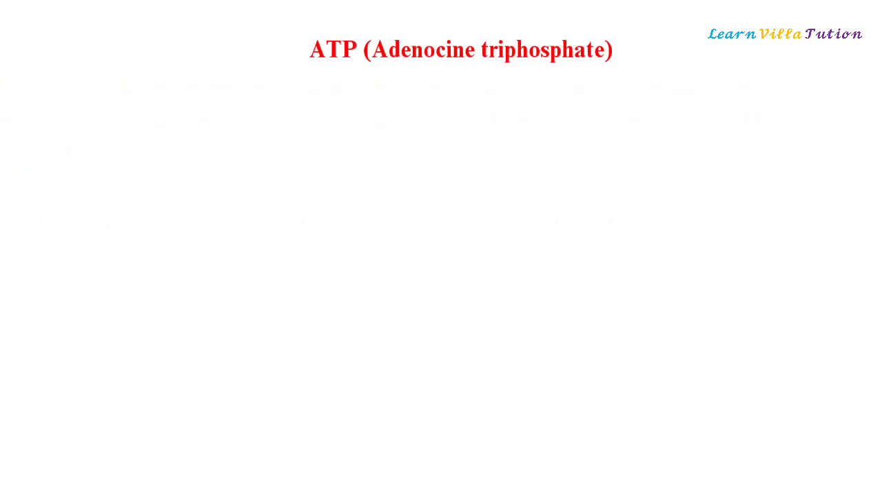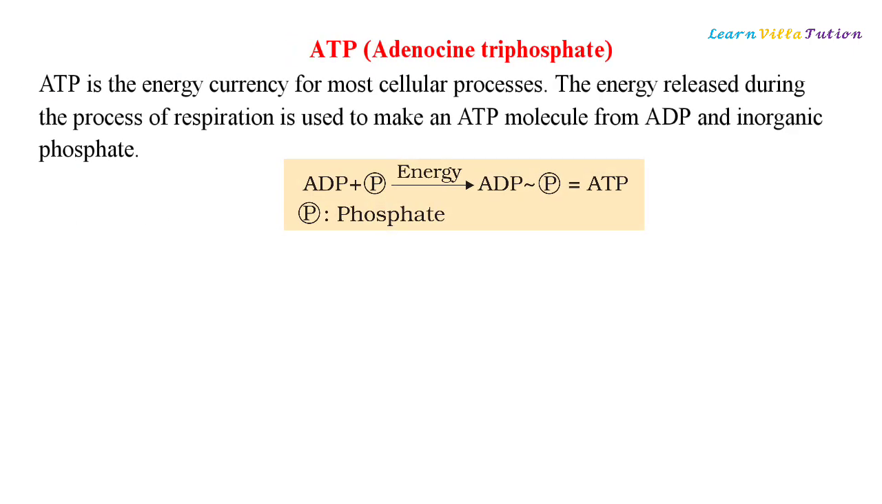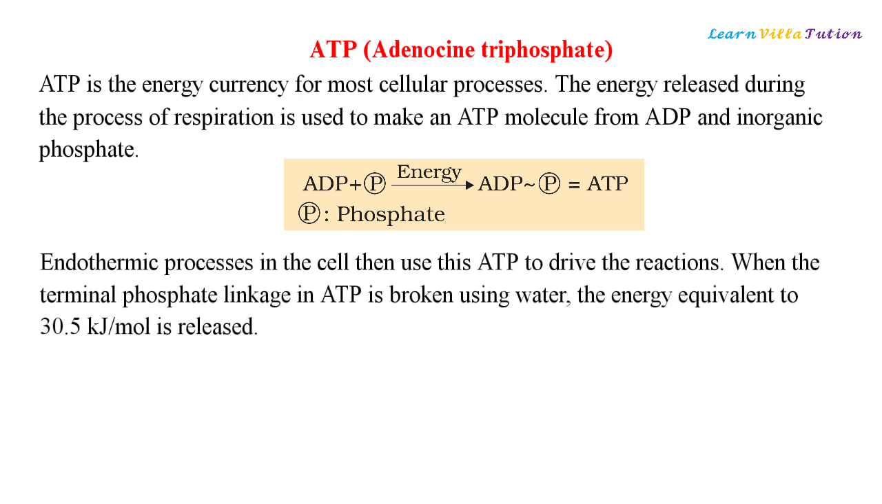ATP, adenosine triphosphate. ATP is the energy currency for most cellular processes. The energy released during the process of respiration is used to make an ATP molecule from ADP and inorganic phosphate. Endothermic processes in the cell then use this ATP to drive the reactions. When the terminal phosphate linkage in ATP is broken using water, the energy equivalent to 30.5 kJ per mole is